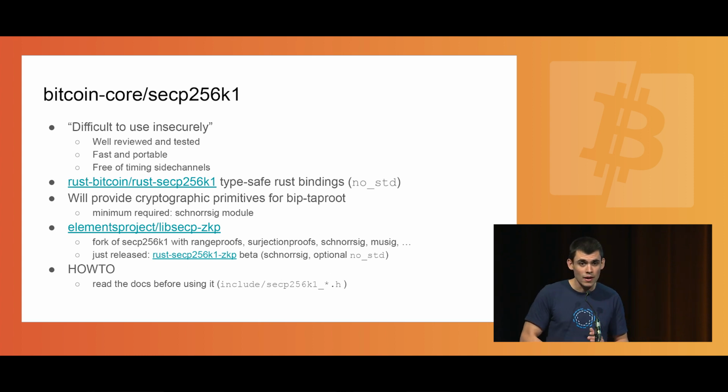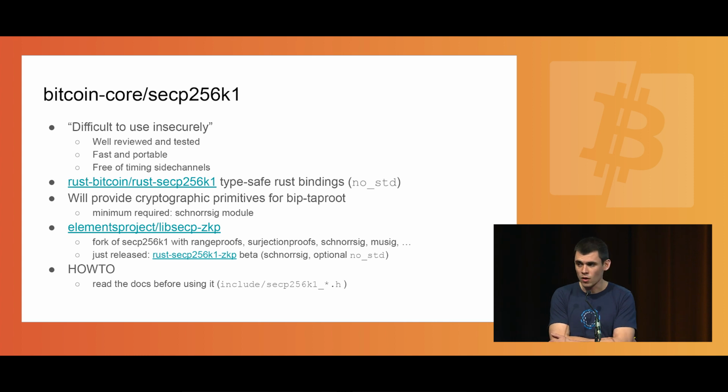There's also a lot of options if you want to use various bindings. libsecp is written in C, so for example, pretty mature is the implementation from the Rust Bitcoin project, which requires very few dependencies, not even a standard library. But the ingredients that you need in order to support BIP Taproot in your wallet are not merged in libsecp yet. They are only pull requests.